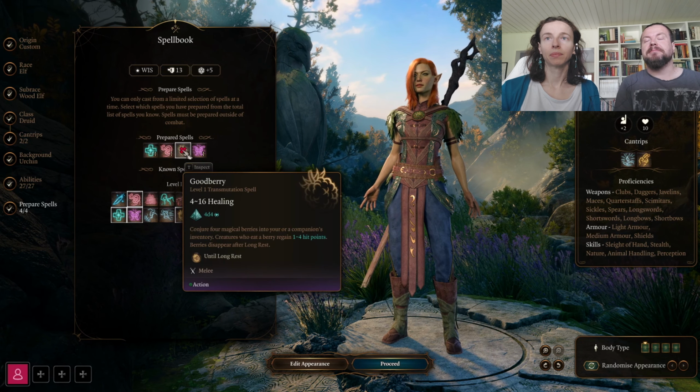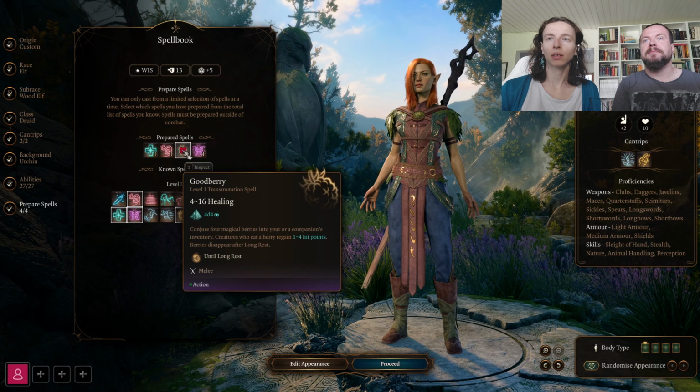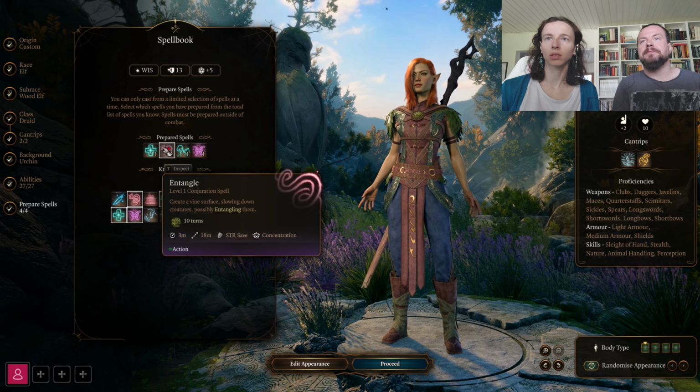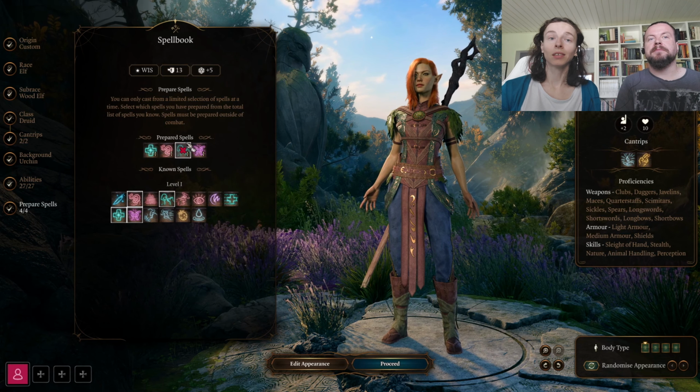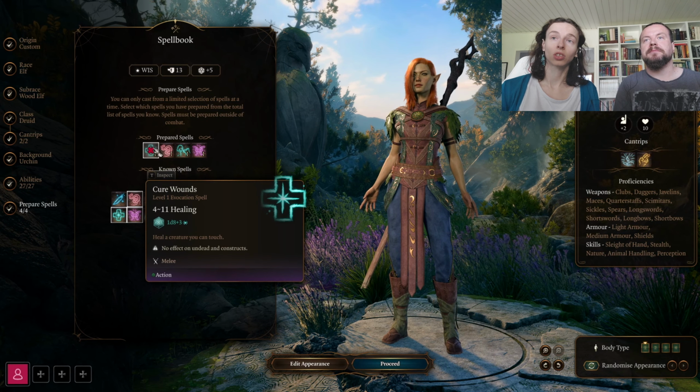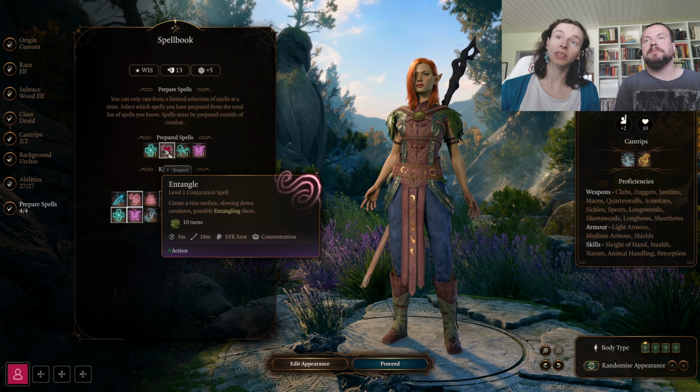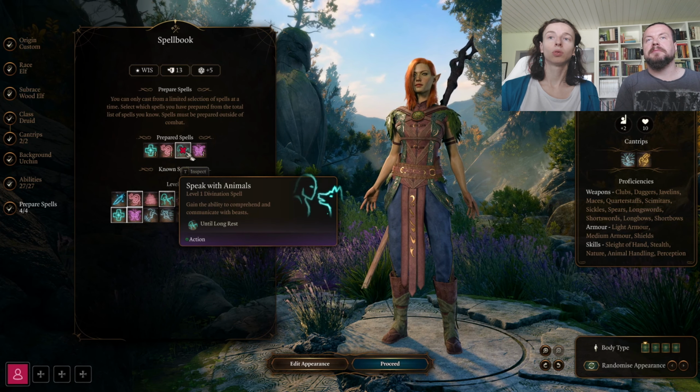Fair enough. Yes, so I think my original loadout is going to be Cure Wounds, because somebody has to, and Tangle, because controlling enemies' positioning is good. Yeah, it's really cool. Speak with Animals, because I cannot stop myself, and Fairy Fire to make...